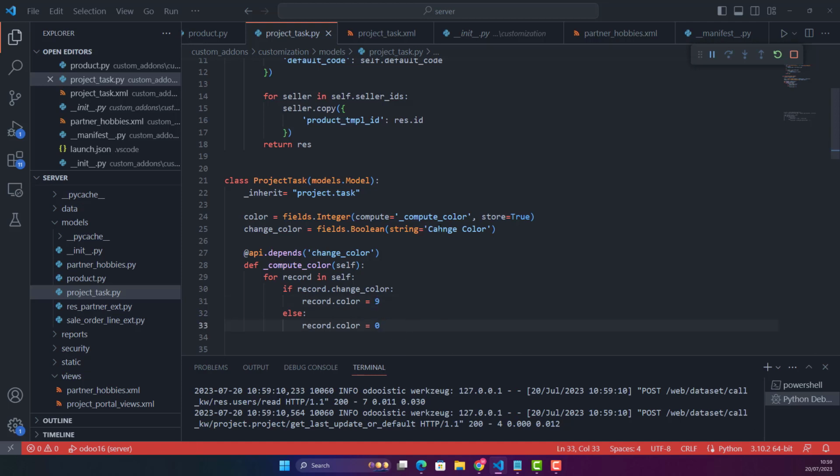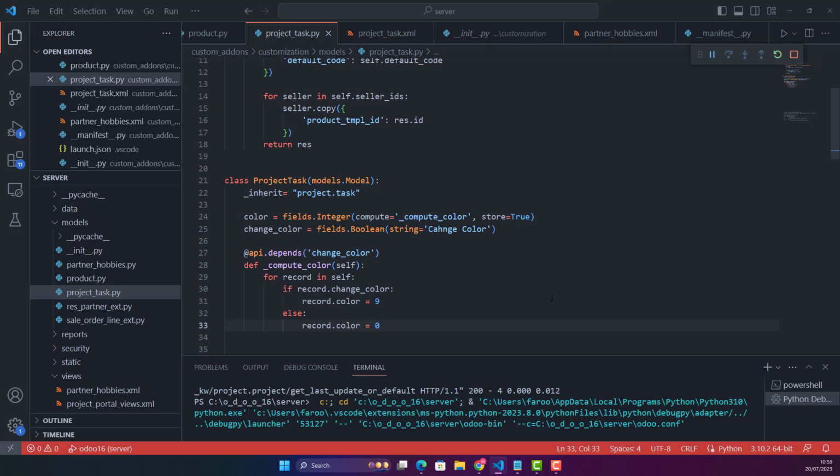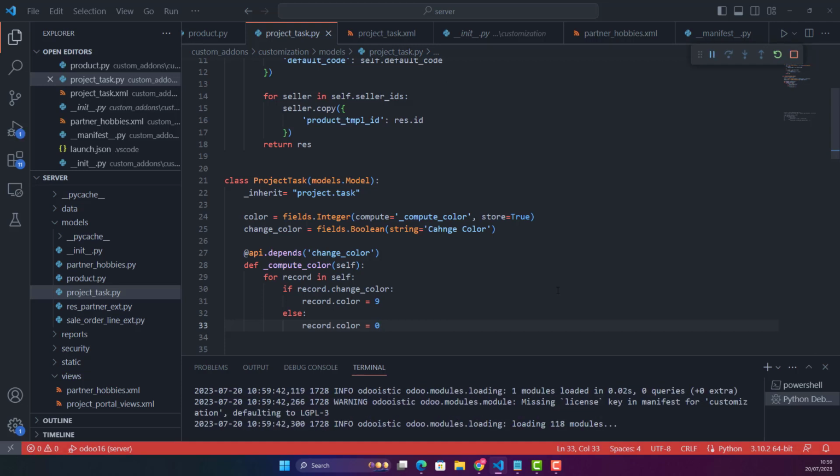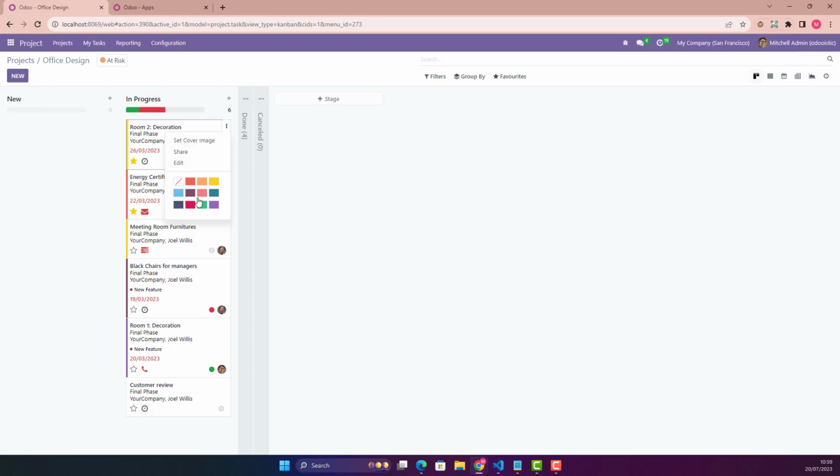and otherwise 0. So let's restart our service. We don't need to upgrade it because we have just made changes to our Python file, not the XML file. So okay, what we are going to do now, I just refresh my page,